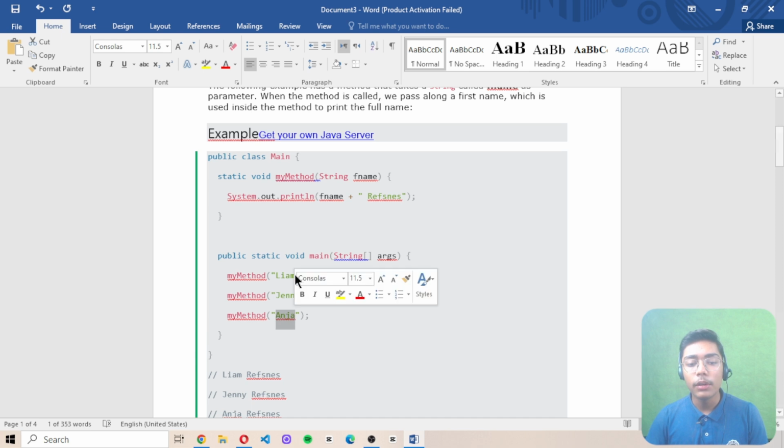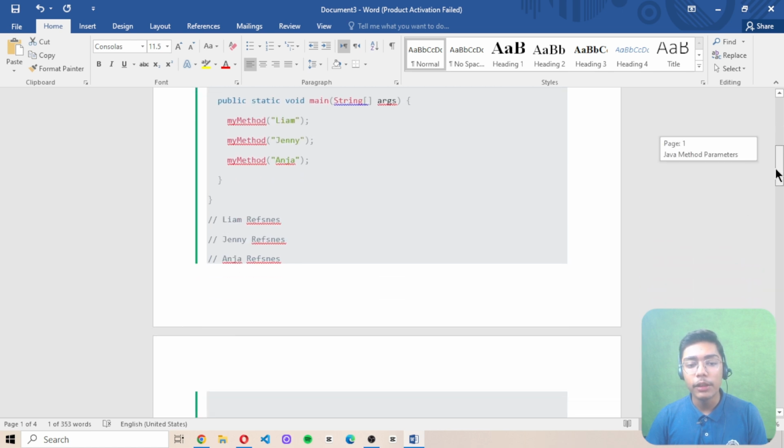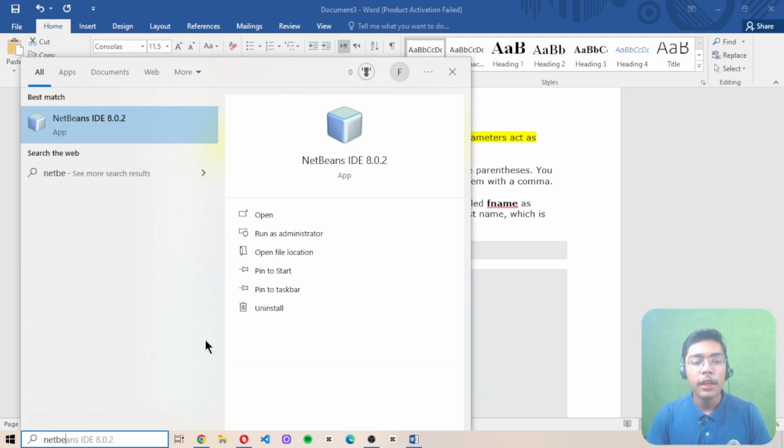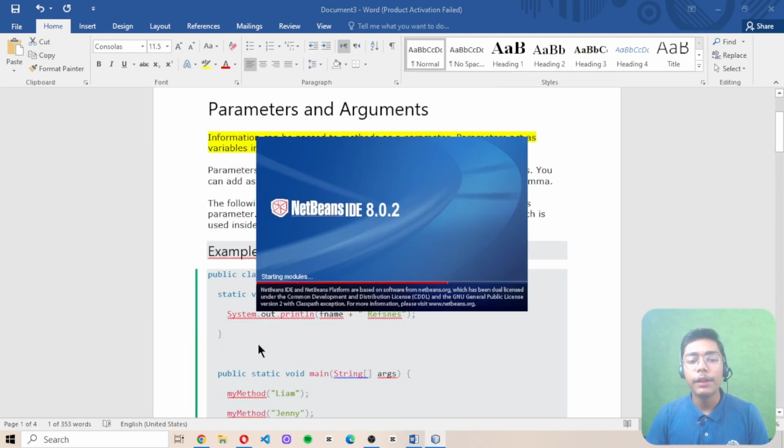So you will be getting all these three names with this last name here, and you will be getting the output. And how we are doing it, we simply need to understand with an example, but for that I need to open my NetBeans IDE here,